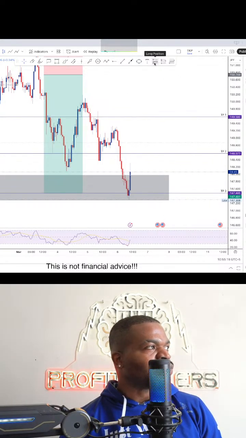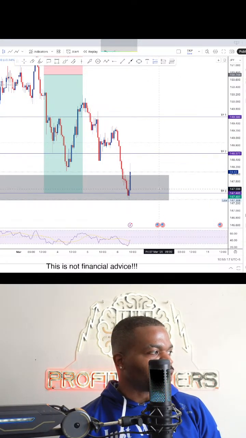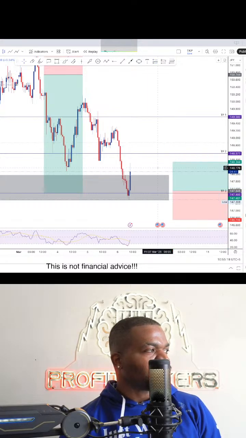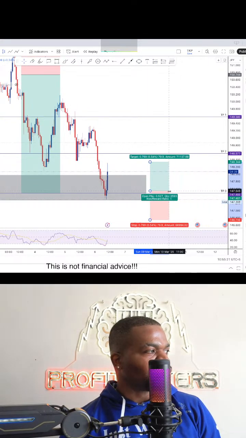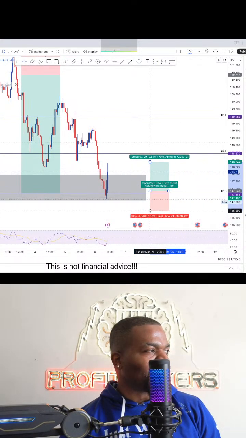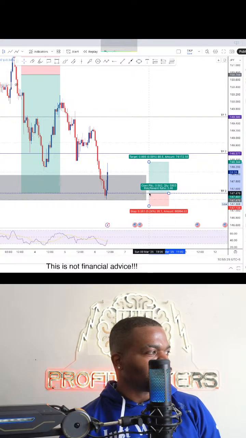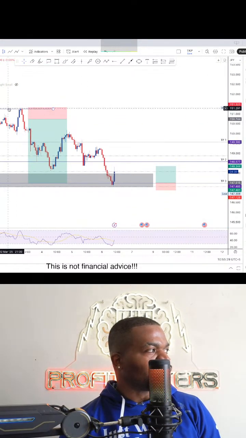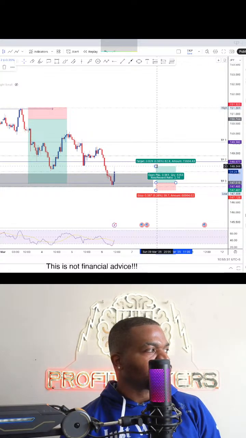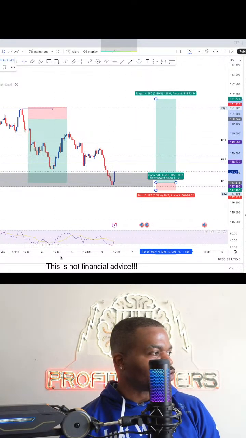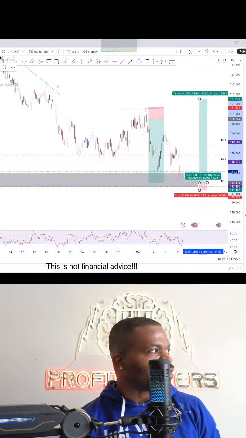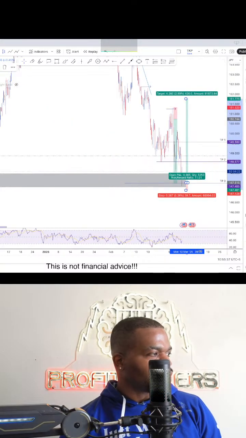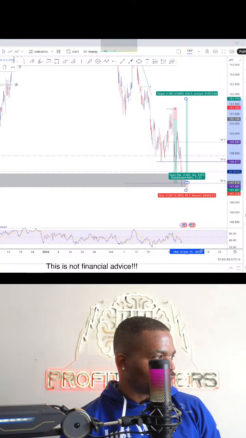What I'm going to do is use this area right here for an entry on the buy. Now, since we already broke above that area and captured all of the money, I'm looking to see a push above that to retest the high